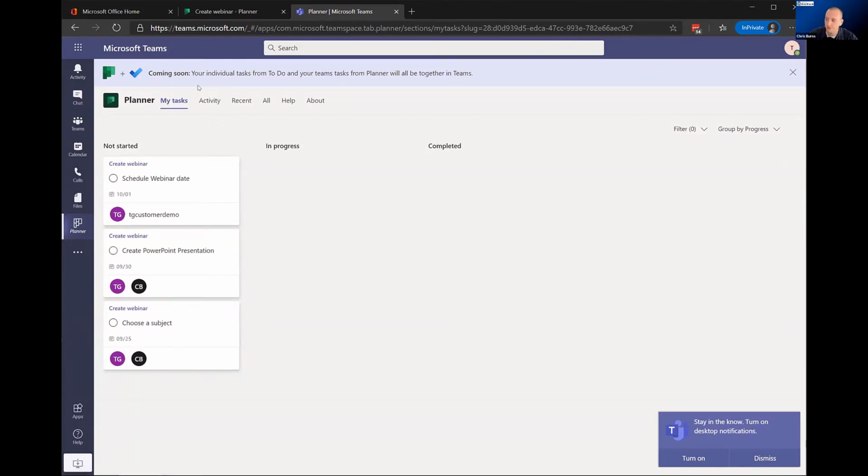Something you see at the top too is, this is new. Microsoft has something called To Do that's just a task management. They're going to actually implement both and kind of combine them together. So they'll still be separate, but they'll tie into each other. And again, this does go into your calendar. So now if I go to my calendar,